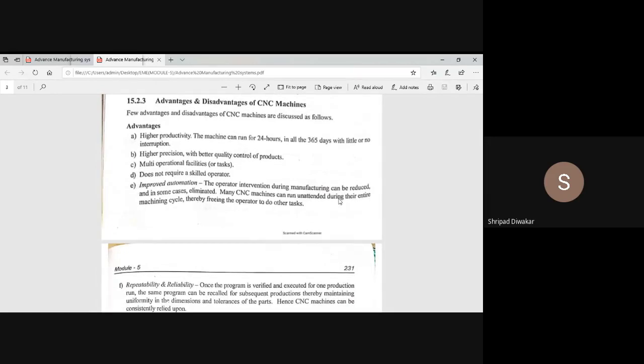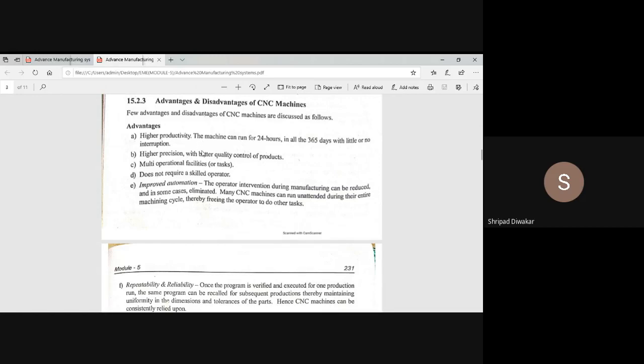Okay, most important. So advantages, first part is advantages. CNC machine gives the higher productivity. Suppose an operator can perform some 50 jobs in 1 hour, so he can finish 50 workpieces in 1 hour. On the other hand, the CNC machine finishes around 500 to 1000 parts in 1 hour. Hence, we'll get the higher production rate in case of CNC machine.